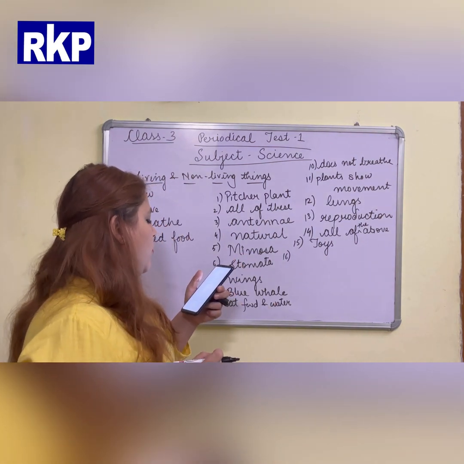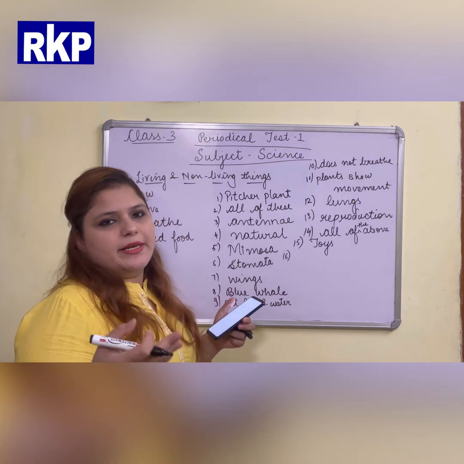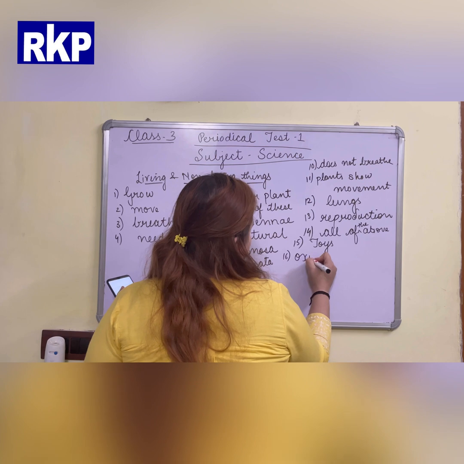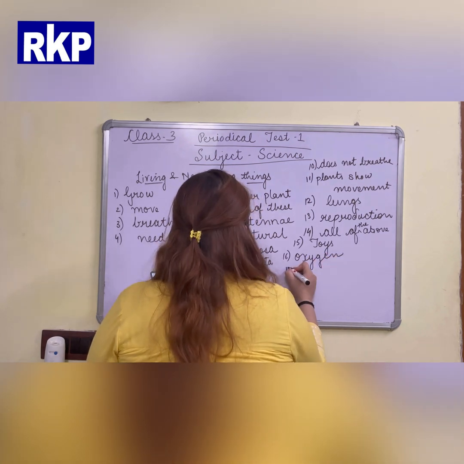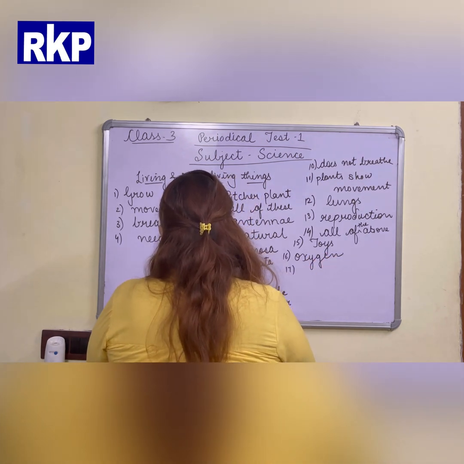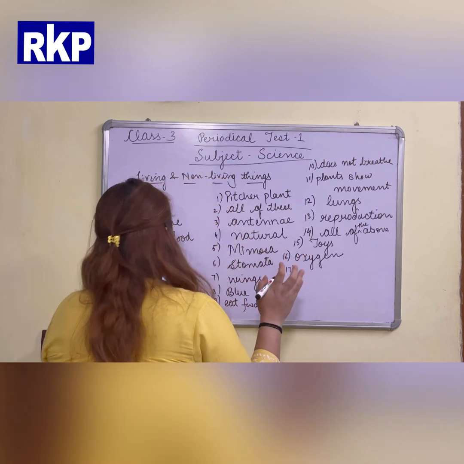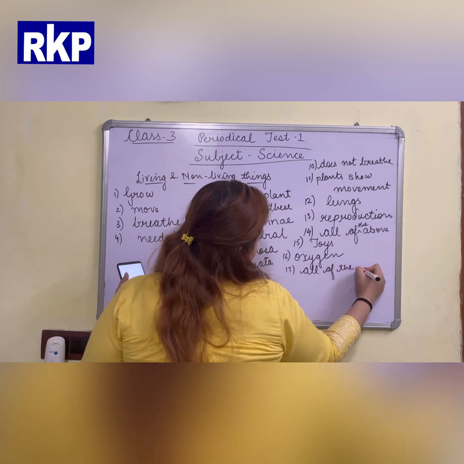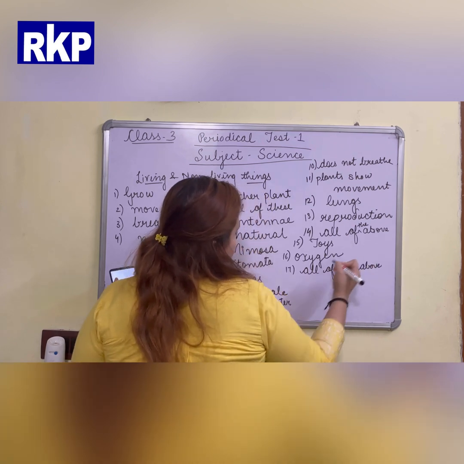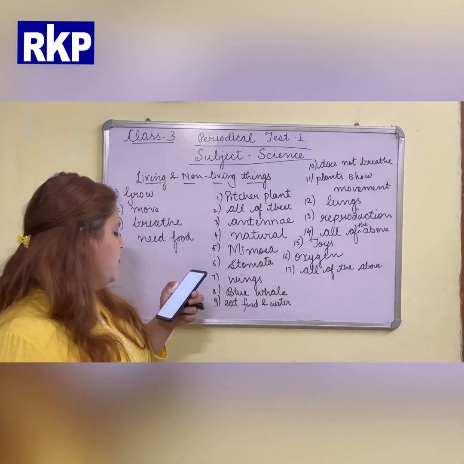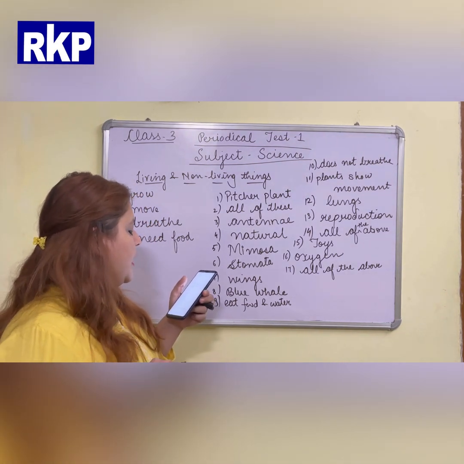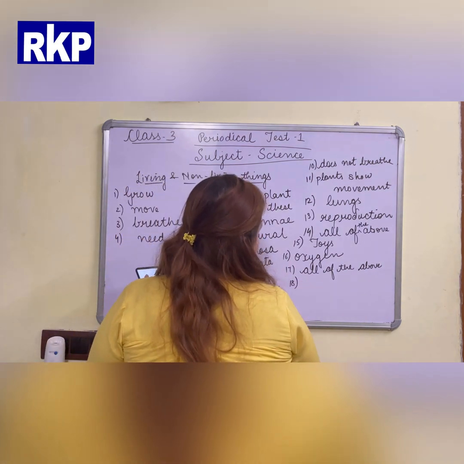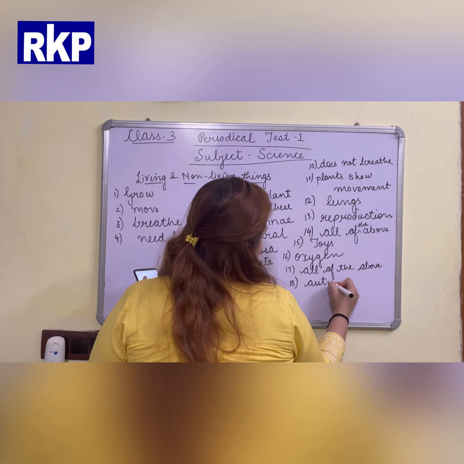Next, 16th question: what does a living thing breathe in? Means which gas do they need to breathe in: carbon dioxide, oxygen, nitrogen or hydrogen? The correct answer is oxygen. Next, plants make their food with the help of sunlight, air, water or all of the above? The correct answer is all of the above, because plants need carbon dioxide gas, water, sunlight and chlorophyll to prepare food. Next, 18th question: plants shed their leaves in dash season? Plants shed their leaves in the autumn season.